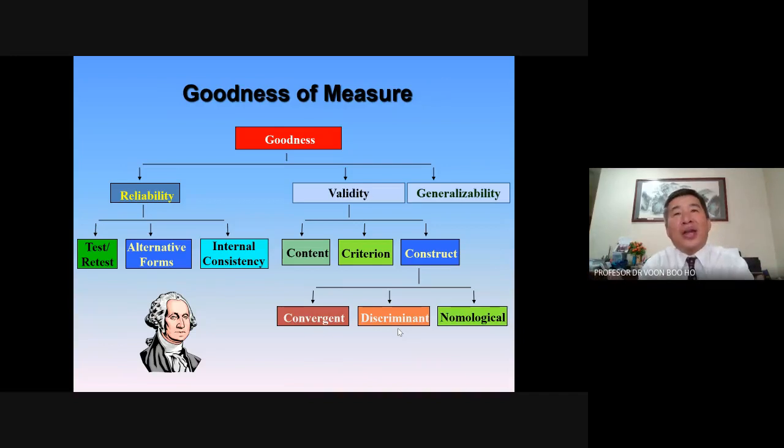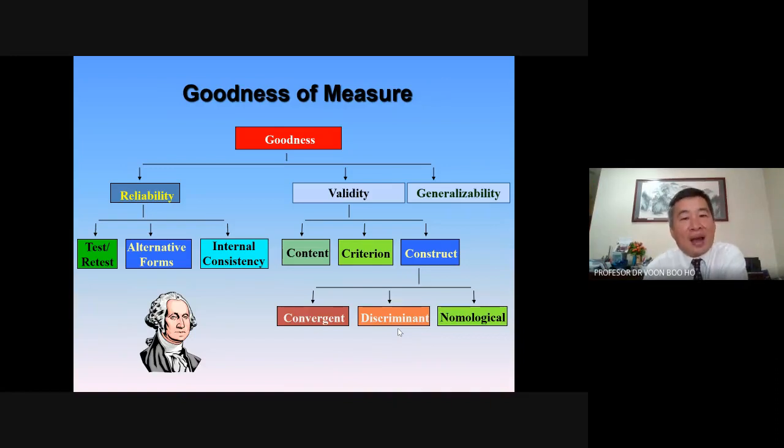So if you want to call it service quality, these five dimensions measuring service quality, we want to make sure that these five really can converge towards measuring overall service quality. And also they are quite different among the five of them, right? And they are meaningfully associated with, let's say, satisfaction with the service,